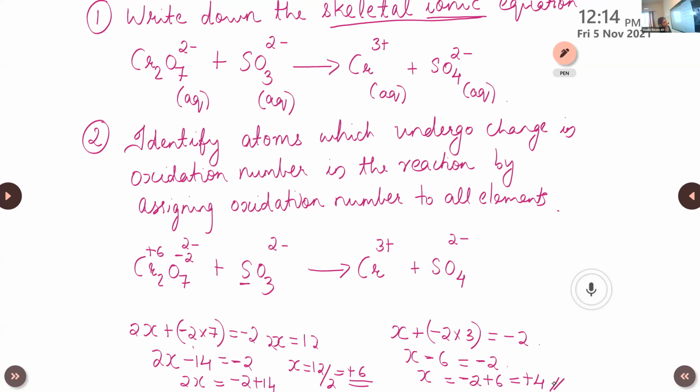What about your answer, children? Gaia? Plus 4, right? Yes, okay. So plus 4 is the oxidation number or oxidation state of sulfur. Then in the case of the chromium, it is already written as 3 plus. No need to find out again. Then the next one, you have to find out the oxidation number of sulfur in SO4 2 minus. So please try to find out.